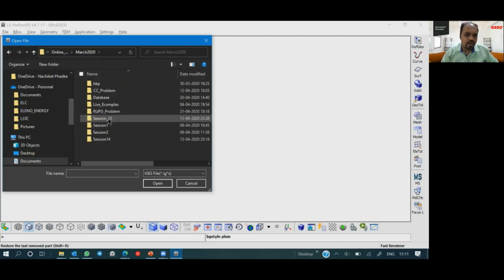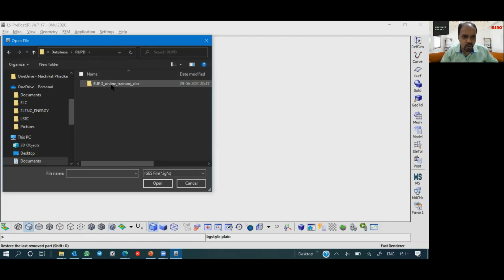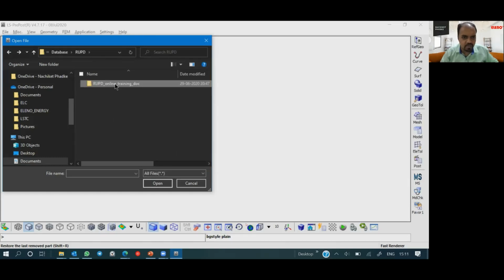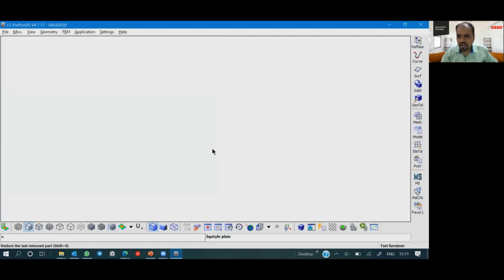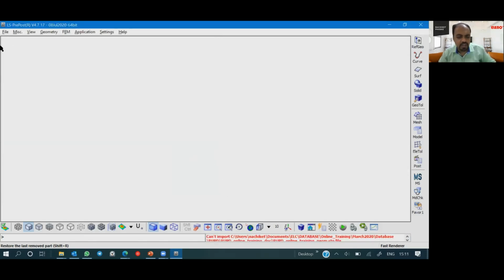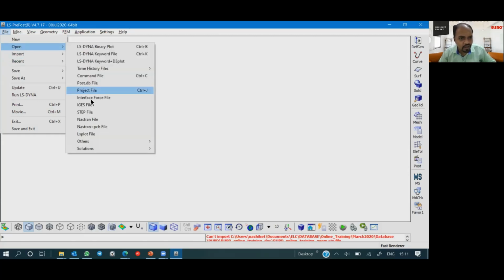So if I am opening an IGES or STEP file, this is my RUPD. So let me open a STEP file, and it's not an IGES. Yep. So this is a STEP file for a rear underrun protection device, a typical file from one of my LS-DYNA trainings. So don't worry, it's not much of a difference.